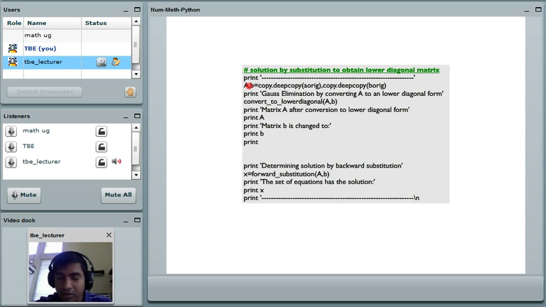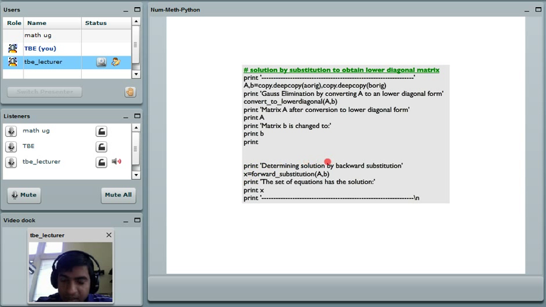For example, you had to say I equals 1 to 3, J equals 1 to 3, then you had to say Bij is Aij. You had to do a lot of coding business there. But Python basically simplifies all these things to you with just one command which says A equal to A original and B equal to B original, which implies that you have to copy the whole matrix into another matrix, which is A. So again, I call convert to lower diagonal of A comma B, and again it prints the number,